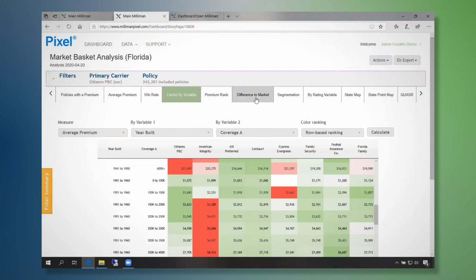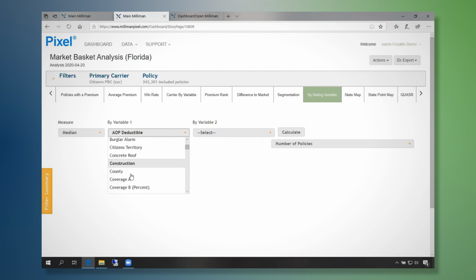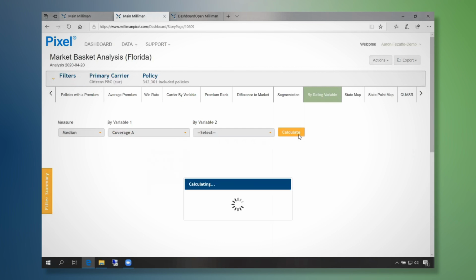Another way to look at a single rating attribute is over on the By Rating Variable tab. Let's look at coverage A again.